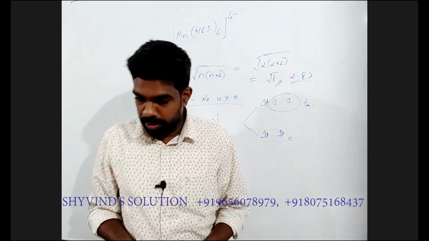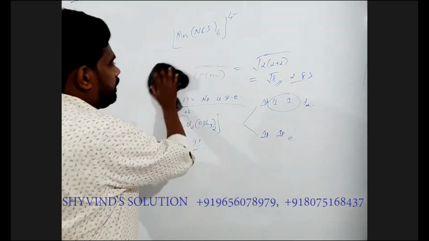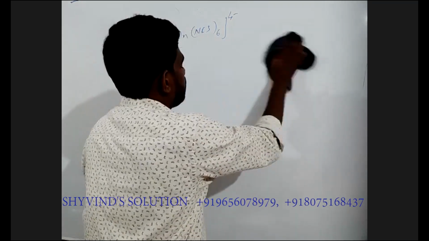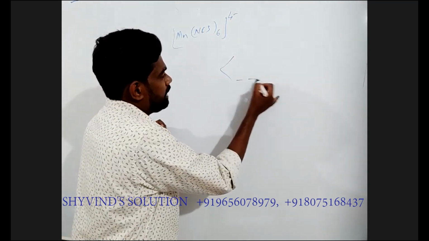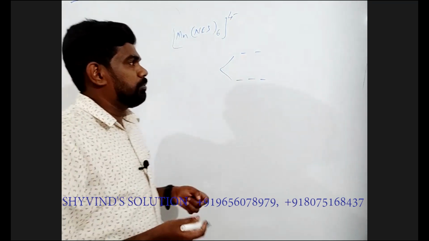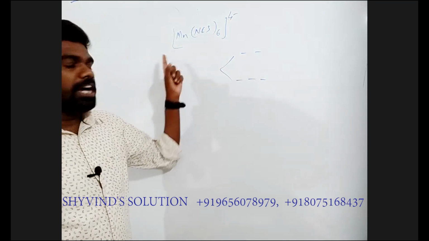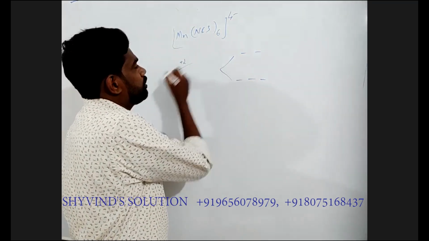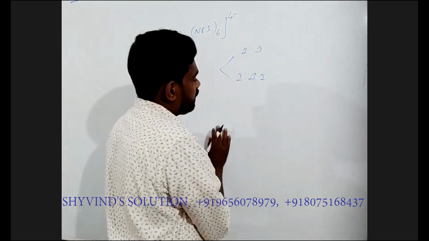For this particular molecule, we should know it's a 6-coordinated molecule. So we should know whether it's a high spin molecule or a low spin molecule. It's a high spin molecule. This is the crystal field splitting for an octahedral molecule. This is a high spin molecule, and the Mn is in the +2 oxidation state. So it is a d5 system, d5 high spin, and the electronic configuration will be like this.